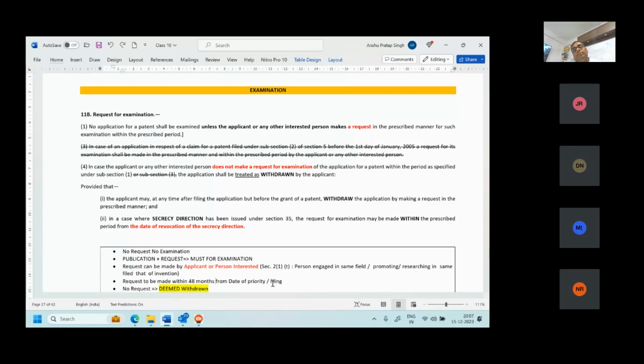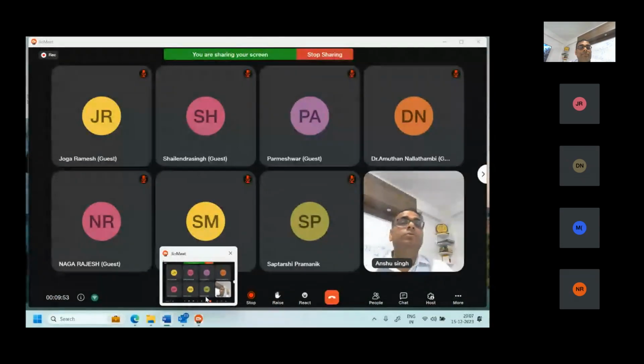After requesting for publication. You don't need to request for the publication, no. Automatically after 18 months it will get published. Yes. So what is the right answer? So 24 months.